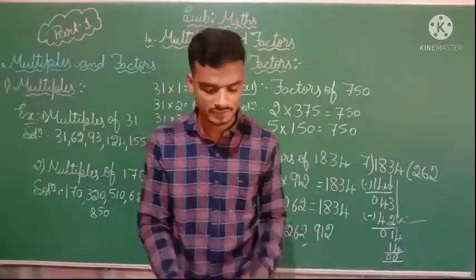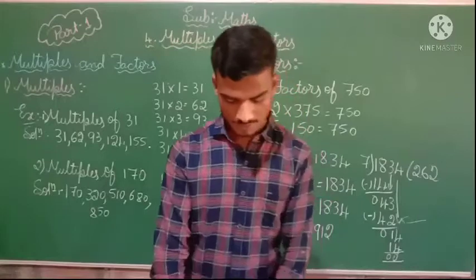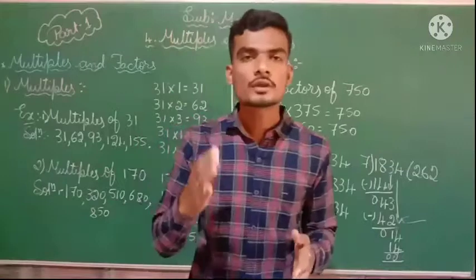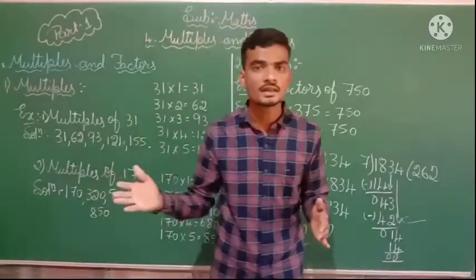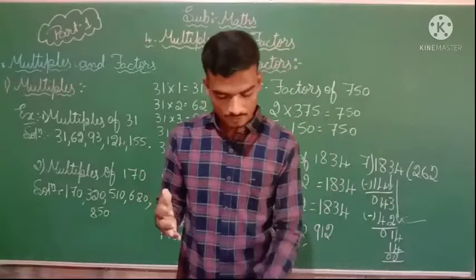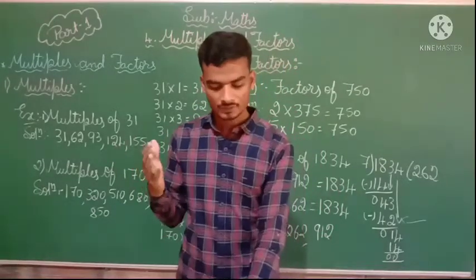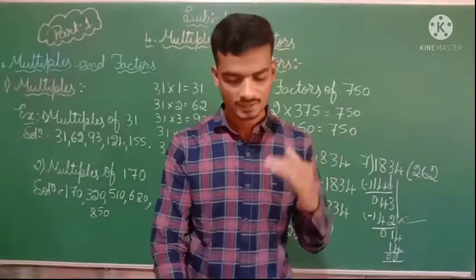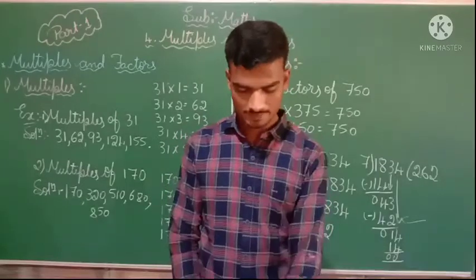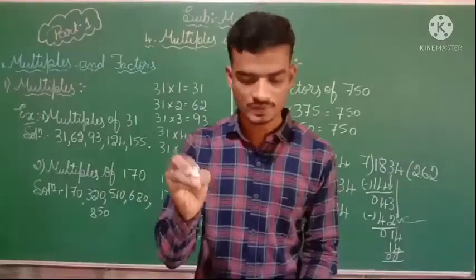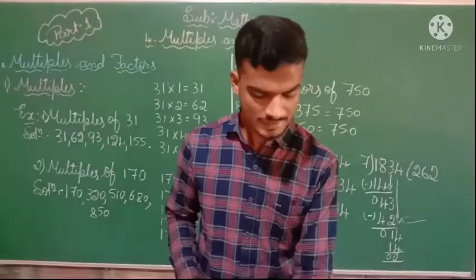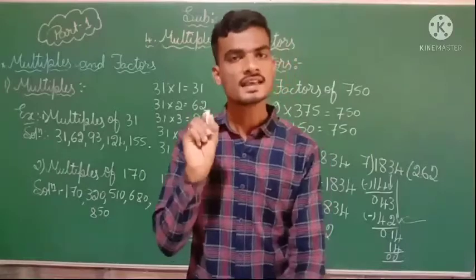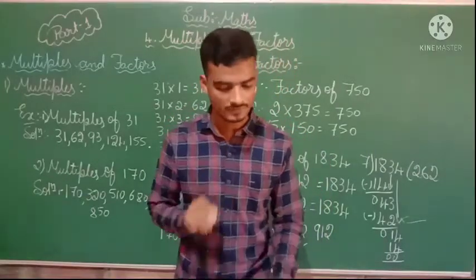Dear students, open your textbook page number 134. You want to know whether 7 is going to be multiplied to get the next number or not. That you want to check. 13 sevens you will get 91. So we can tell that yes, it is a factor of the next number. Then you fill in your textbook itself. The first answer is yes. You want to write Y-E-S for that.